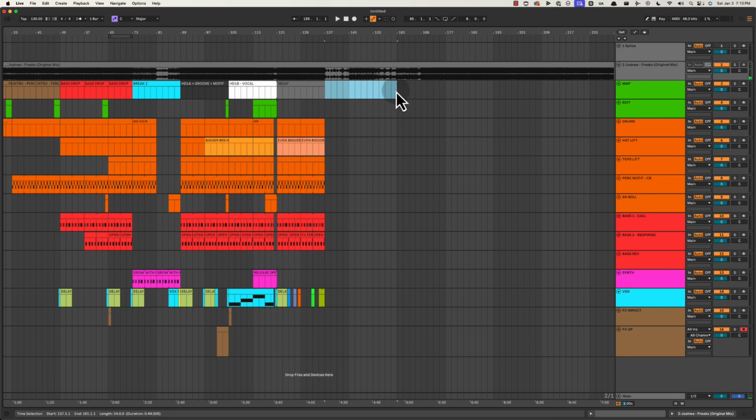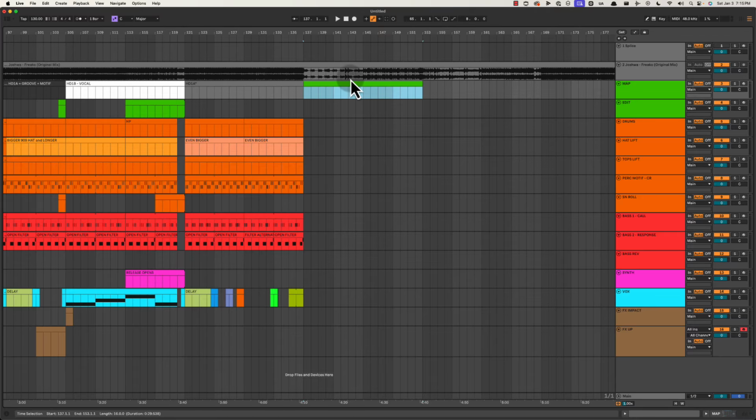Okay, so that is one of the best examples of what I call a cliff dive. A cliff dive is where you completely remove the groove and you step into either atmosphere or hook. And that's what Joshua's doing right here, just stepping into hook. So here we go.